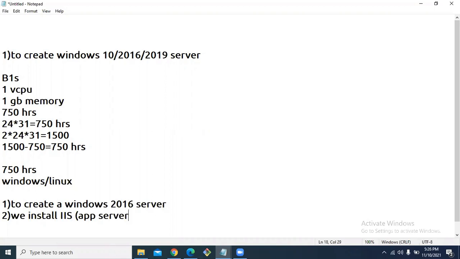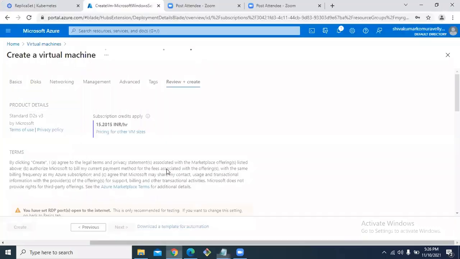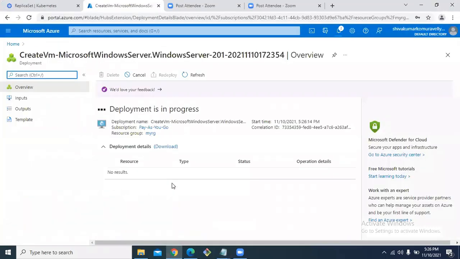Okay. So, and test whether app server is running. Okay. Now let us open this. Now my Windows 2016 server is under creation.